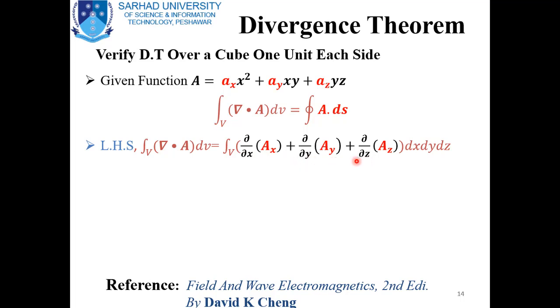So that will be the divergence, and then we have to choose the volume element which is dx, dy and dz in the Cartesian coordinate system, and as each axis is varying from 0 to 1, we will integrate from 0 to 1 for each axis, and our answer is equal to 2. So the volume integral of the divergence of vector A for a unit cube is equal to 2.